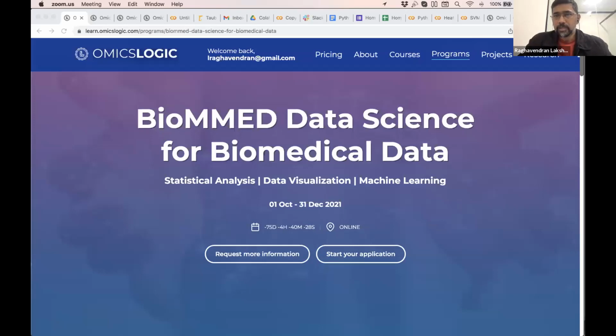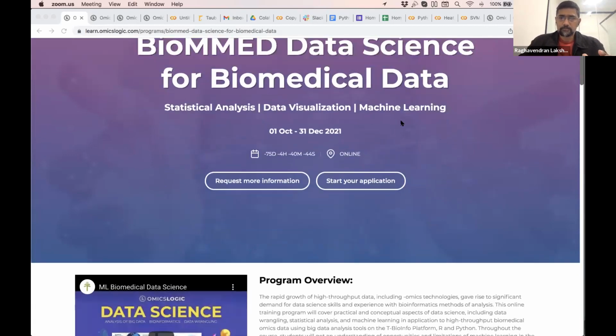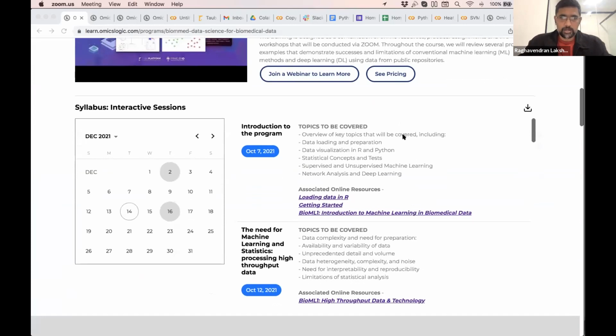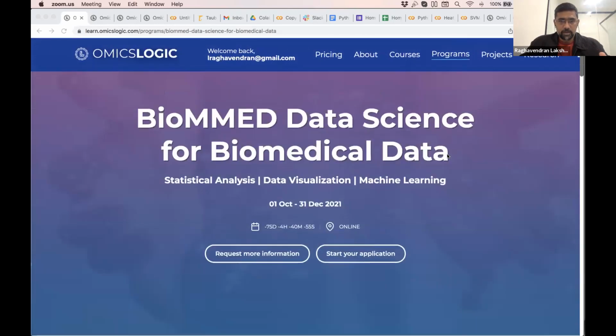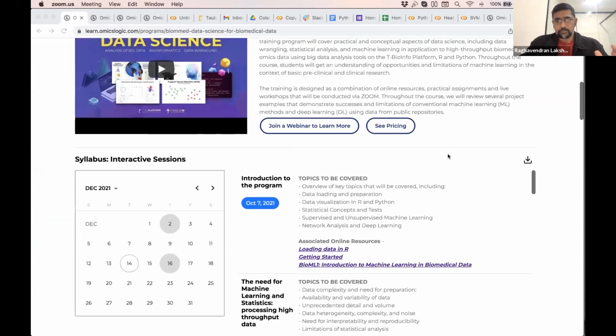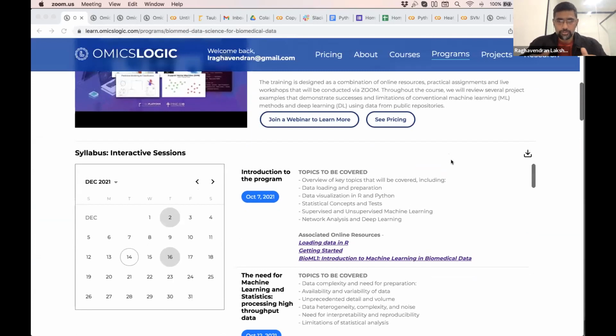So yeah, this program is structured in a way where it addresses people who are beginners in coding, or who want to cover bioinformatics, or who want to cover data science for biomedical data practically through logic. And once you completely understand the logic behind using these different methods on the